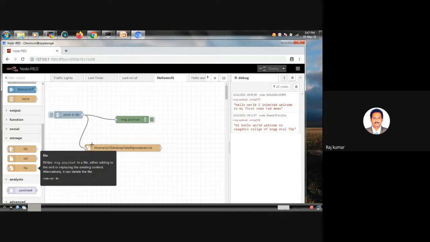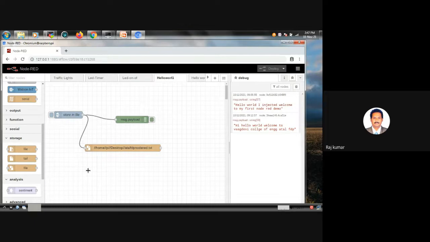Here this file system plays a very important role because, as I said, sensors bring the data to a particular node. From that node, it can be stored in a local file system. You can create a file system and store it. For example, temperature data is coming. That can be stored in the local file system. But after maybe 10 or 20 days, for learning purposes it works very well. But when you go for industrial purposes, your Raspberry Pi will not support a local file system.